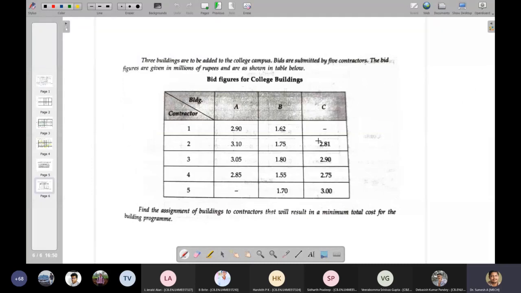Similarly, unbalanced problems will also come. You know that if unbalanced comes, please add a dummy row or column. Make the number of rows and number of columns equal. Those special conditions I am not going into. And there are cases in which multiple assignments will be possible for the same cost.